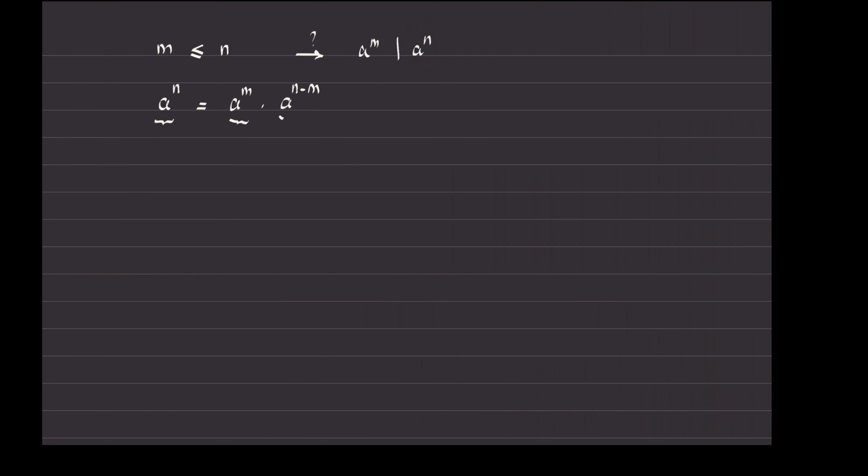And this is definitely an integer. Why is that? Because a was already an integer. N and m are natural numbers so that n is greater than or equal to m. So n minus m is definitely a non-negative integer. So I am quite sure that this number, whatever it is, belongs to Z. So now you see what is happening. The number on the right here is equal to the number on the left here, multiplied by an integer. So this is true. Very simple.